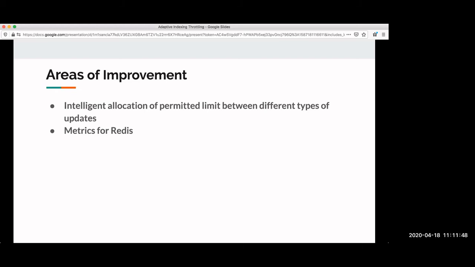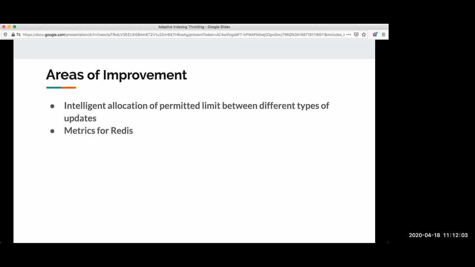Because this is essentially what we're trying to solve. This is a closer proxy of what we're trying to solve. So the idea was that we can look into the services which call these data stores and gather metrics from there as compared to the data stores directly. So these are the two areas of improvement we are looking at right now.